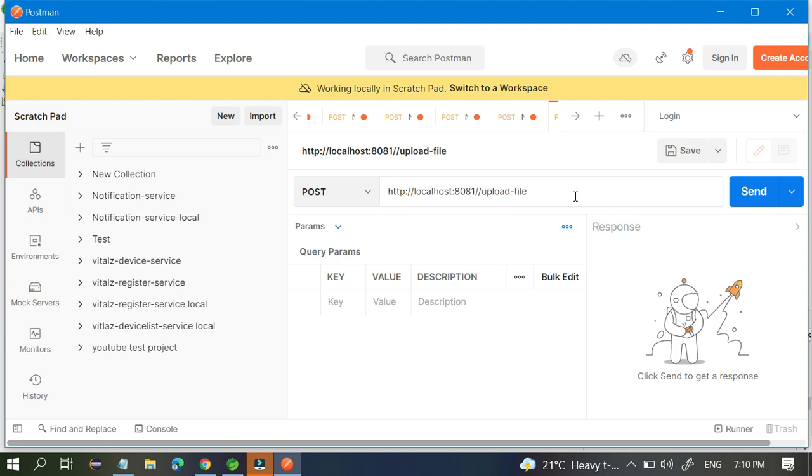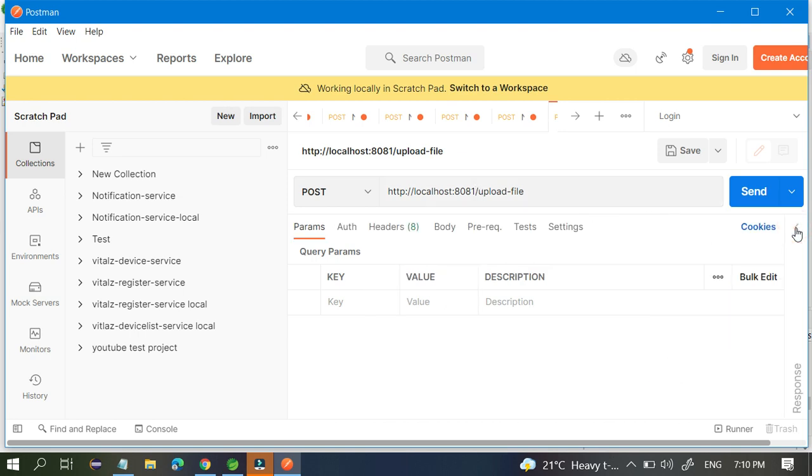See this post and file, how can you select the image here? So you have to go to the params. It's very interesting, so many people are confused. Go to the body, and inside you can see none, having form data. Select form data. If you select form data, you get key, value and description.